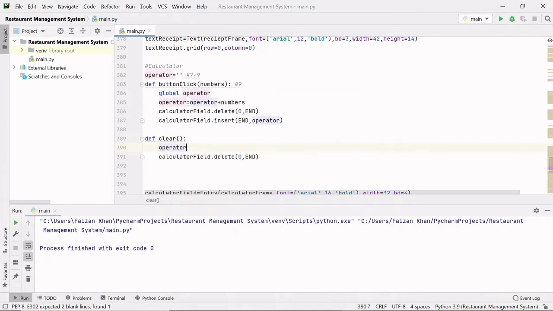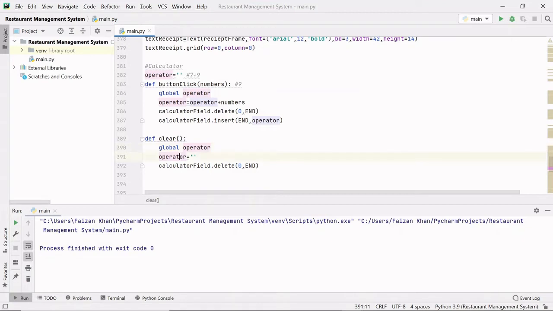So here I'll write operator equals null, and I have to make this operator variable global, so I'll write global operator. Otherwise this operator variable will be treated as a different variable, and this variable will be for this function only. But I want to change this variable, that is why I'm making it global, so that I can modify this variable inside this function.